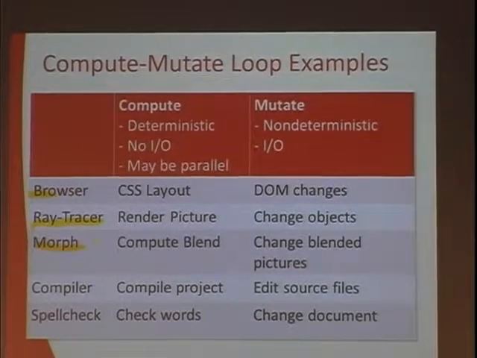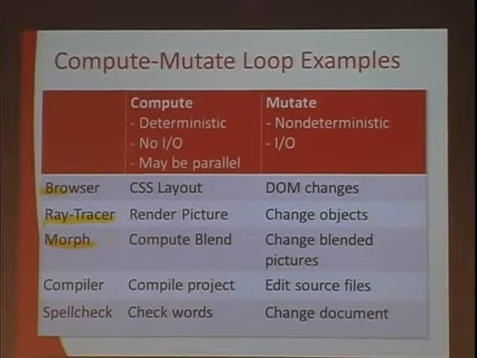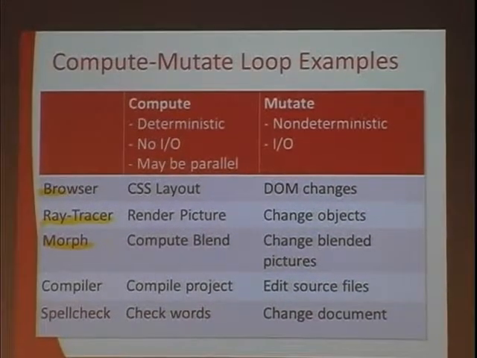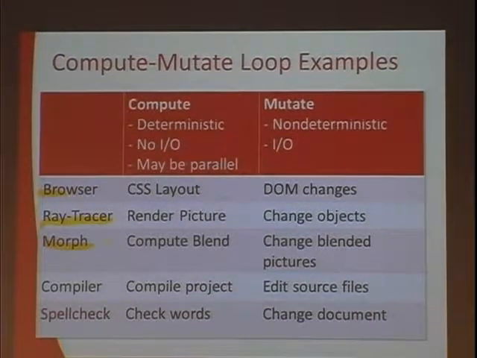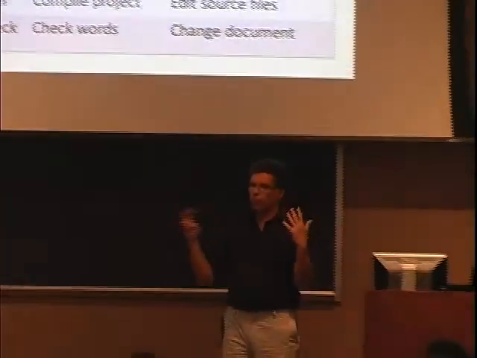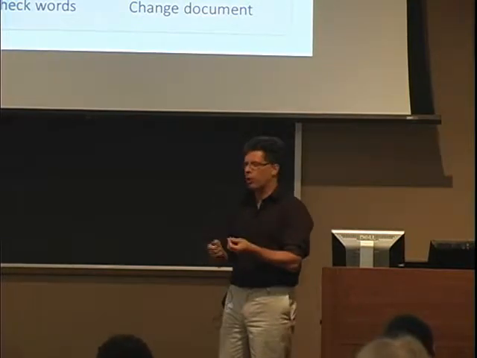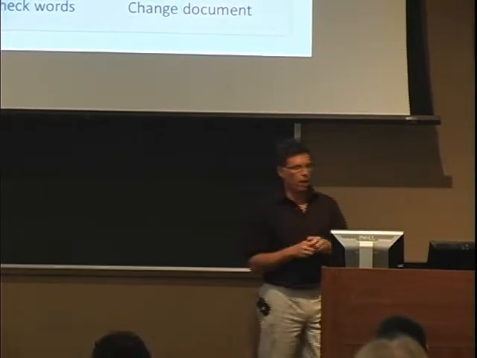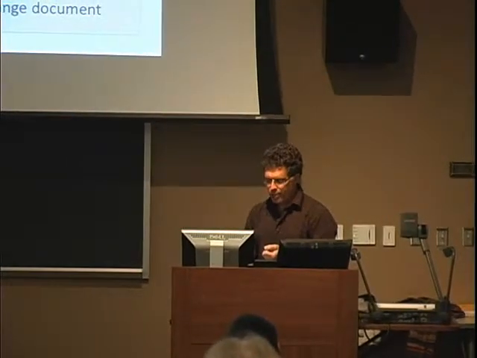Another example from graphics: I have a morphing of two images I want to do. That morph is intensively memory and computationally intensive, but if I make small changes to the picture, I might want to redo the morph and make that very fast. And the list goes on and on. So compilers, everything where I have some computation I'm repeatedly doing. I do a compile, edit, debug cycle, I make small changes to the program, I'd like to recompile, I'd like that to be very fast as well. So many applications.